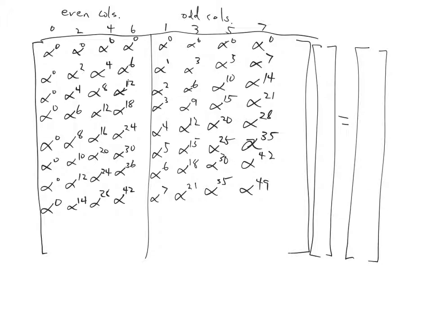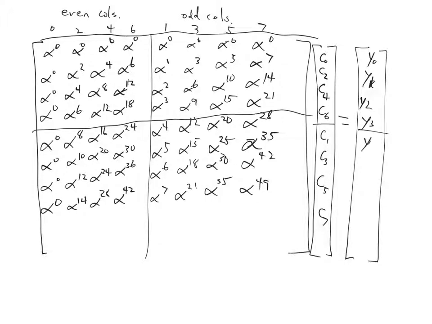Okay, now if we rearrange the columns to keep the same system, it turns out we must rearrange the variables. So we get the first half of the variables are C0, the even ones, and then we have the odd ones, C1, C3, C5, and C7. But those are equal to the same right-hand side values, Y2, Y3, Y4. So we've just rearranged the columns, which means rearranging the variables. If you think about what your augmented matrix system says,